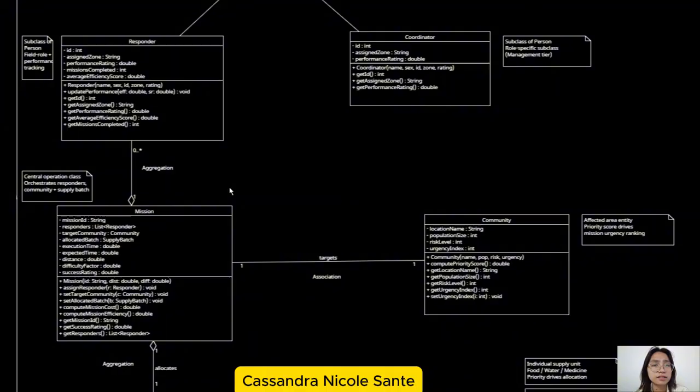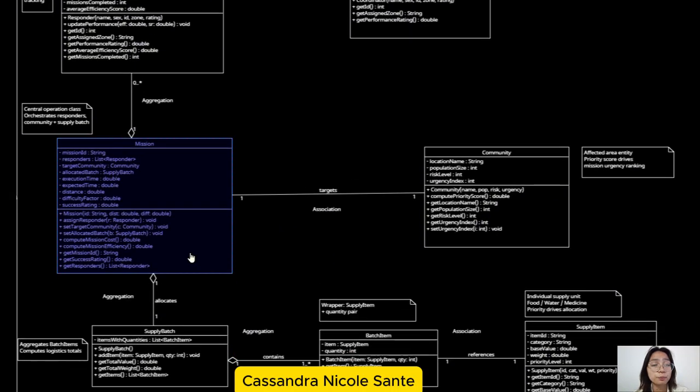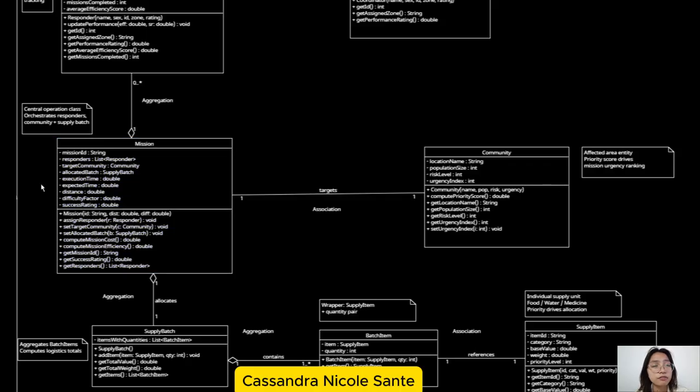The Mission class acts as the central orchestrator of our operations, managing the core logic for deployment. It uses private attributes for variables like distance and difficulty factor to prevent unauthorized modification during our complex compute mission cost and efficiency calculations. You will notice an aggregation relationship here, implemented in our code as a list of responders. The hollow diamond implies the responders possess an independent life cycle and can be reassigned to multiple missions without being